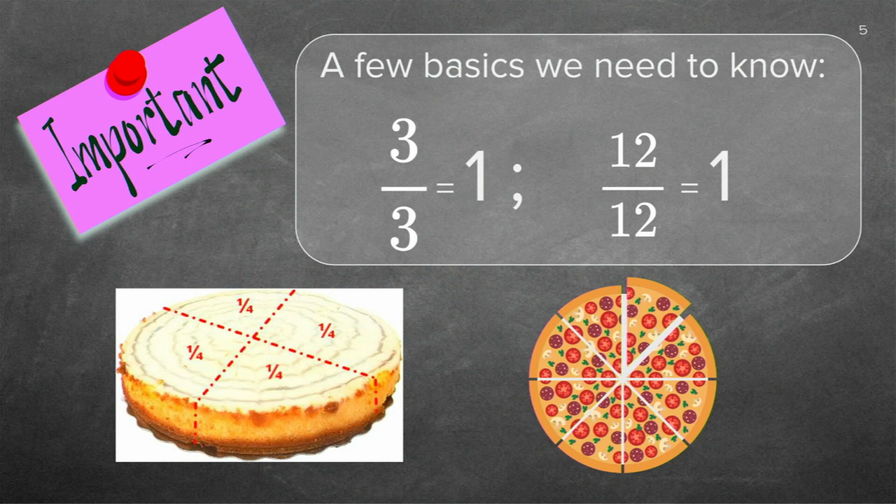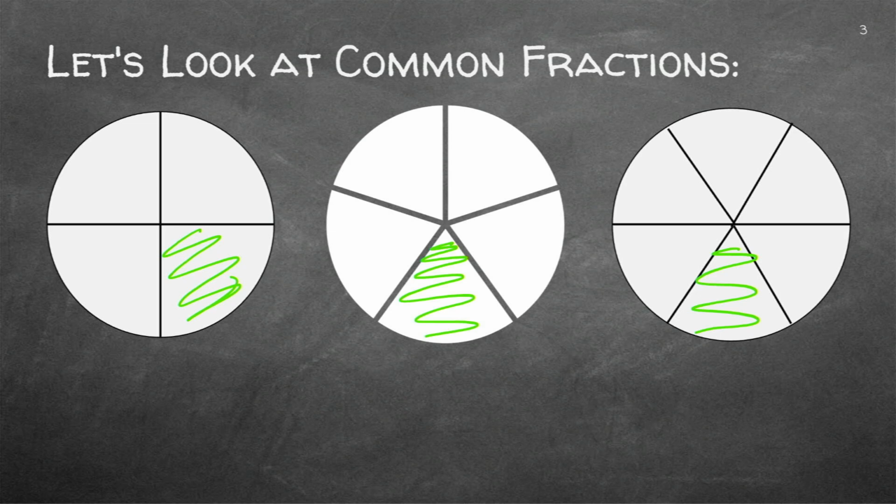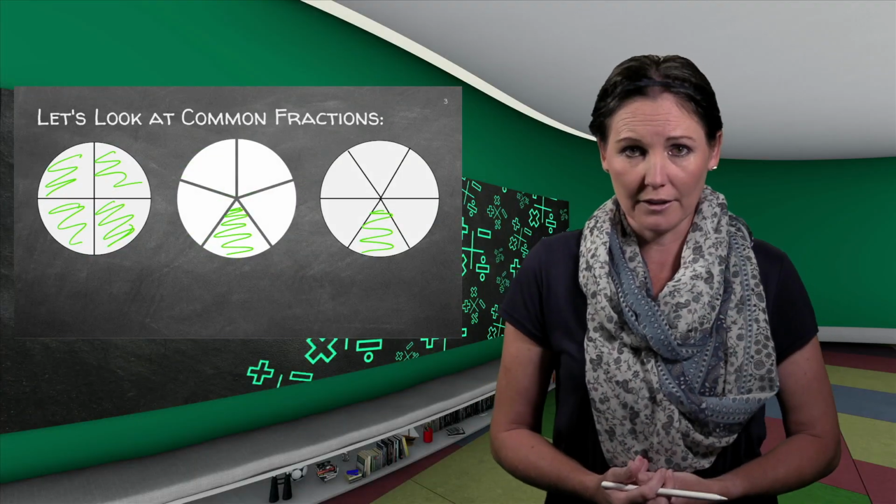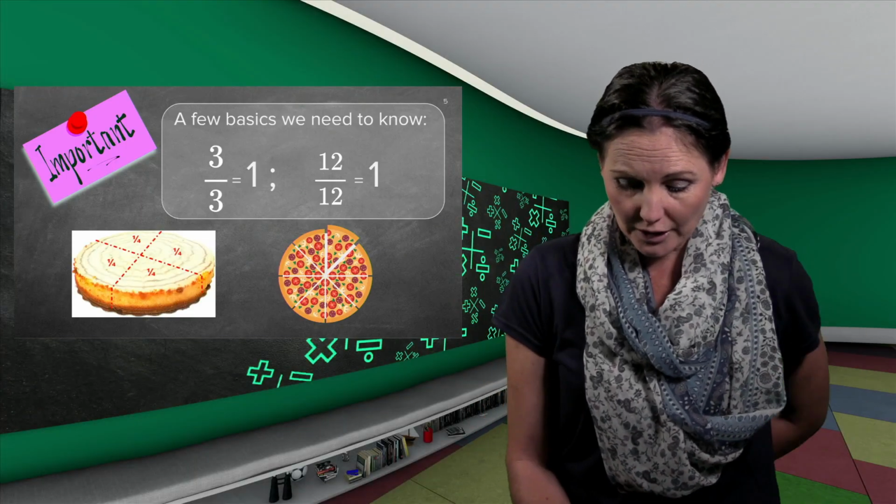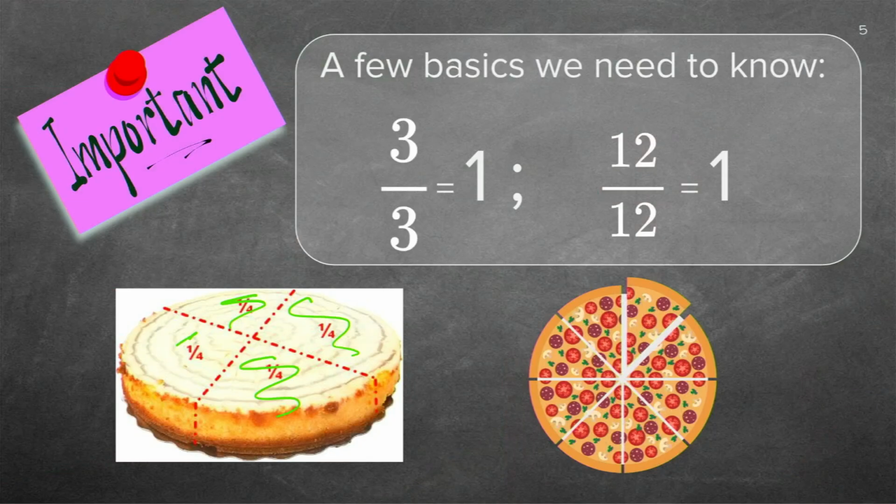Now it's important for you to know, if my numerator is the same as my denominator, I have a full part, I have a whole. Let's go back to the circles. If I divided a cake into 4 quarters, but I didn't take any piece, I still have 4 quarters, which means I still have 1 whole cake. Here I showed you a cake that's divided in 4 quarters. So this will be equal to 4 quarters. All the pieces of the cake are still there, so I still have 1 whole cake.